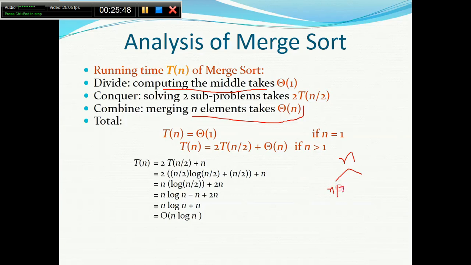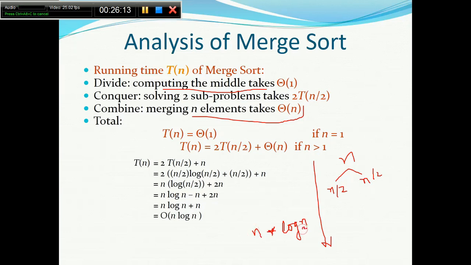This analysis is for every step that we have done, that we have already seen. The number of levels would be log n here. So log n levels we have, and at every level, you can see the combine step or the merging needs n time.